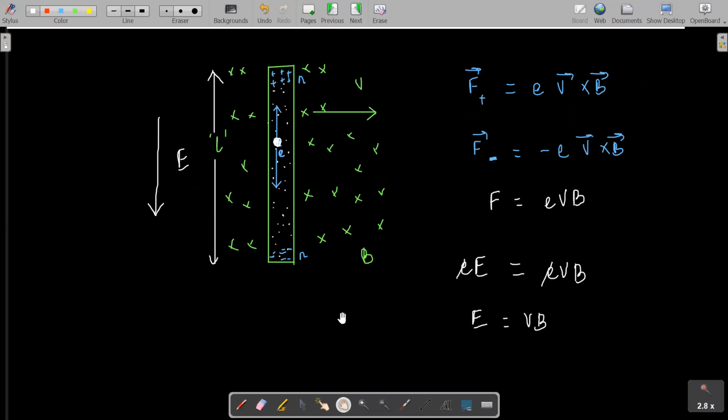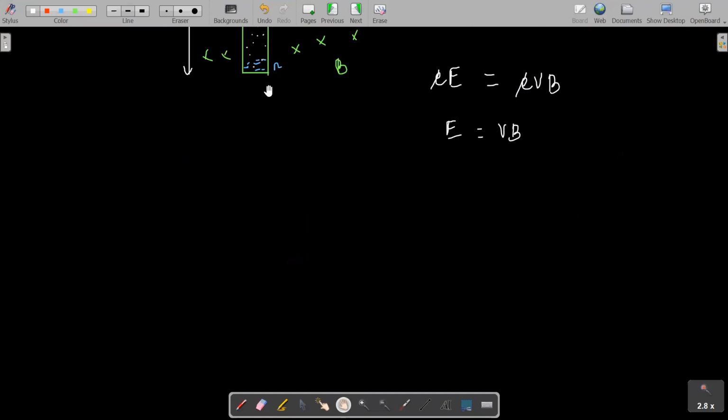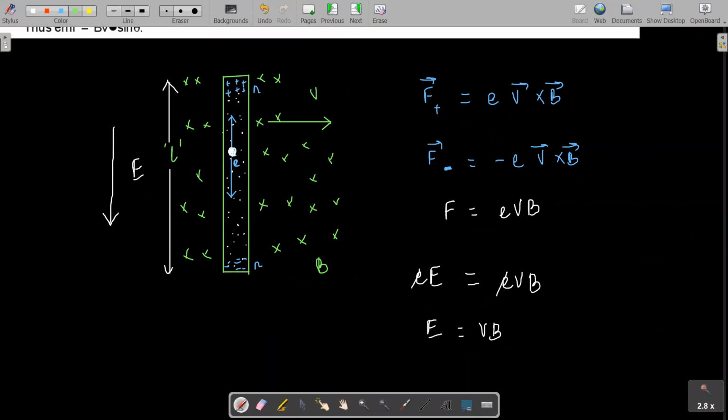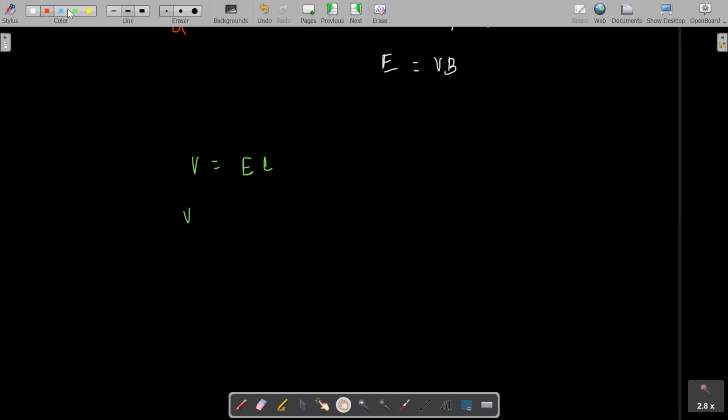Right. Now what we have to do is talk about the potential difference. So what can we write about the potential difference here, students? We know that V is equal to E into l. We know that potential difference is equal to electric field into distance. We have studied this in our electrostatics chapter. So for the value of the potential difference, let us say this is rod PQ. Let me name this rod: this is point P and this is point Q. So this rod is PQ. Now we have to calculate the value of what, students? VPQ.